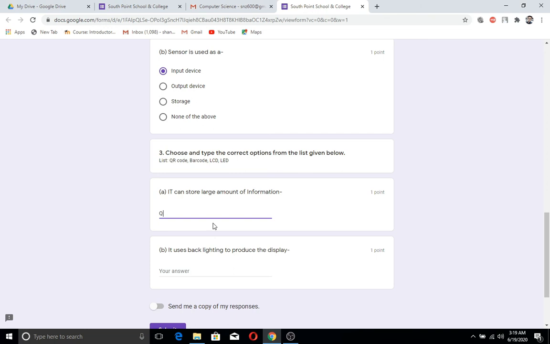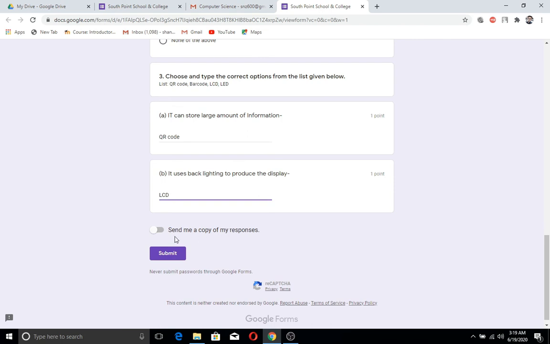So I'm writing QR code as in the option. And it uses backlighting to produce the display. So I'm giving LCD, the correct option, writing LCD in capital letters. If I need a copy of my response, I'll take this one, and I will submit the exam.